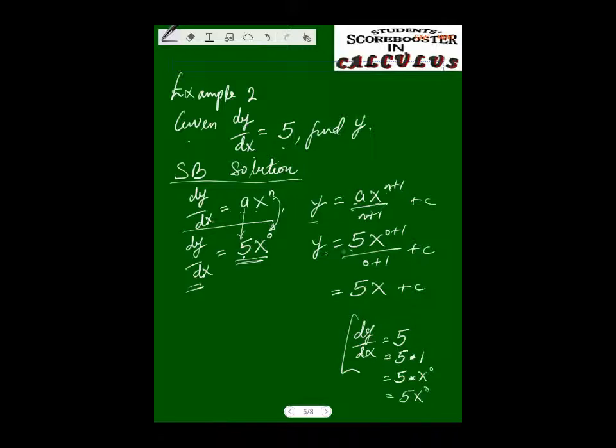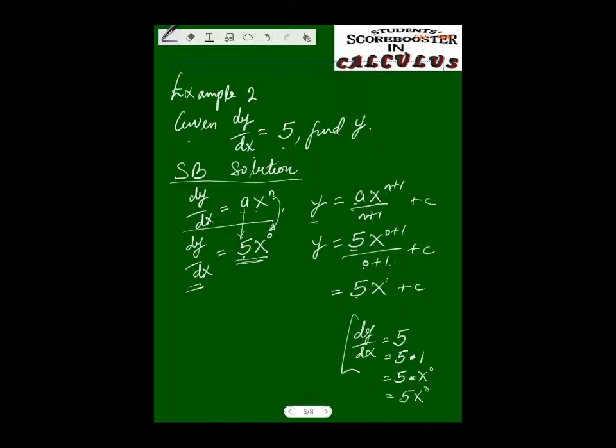So our a is 5, then x raised to power 0 plus 1 over 0 plus 1, right? So you have 5, 0 plus 1 is 1, so you don't need to write anything here. This is 1, and 0 plus 1 is also 1. So 5x over 1 is 5x, then plus c. I hope